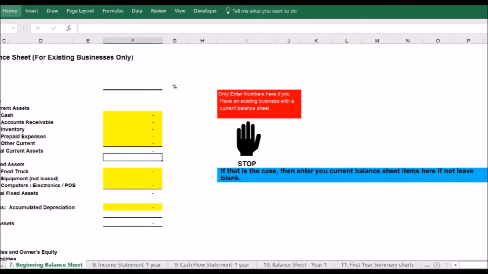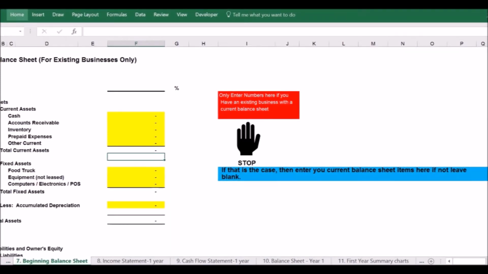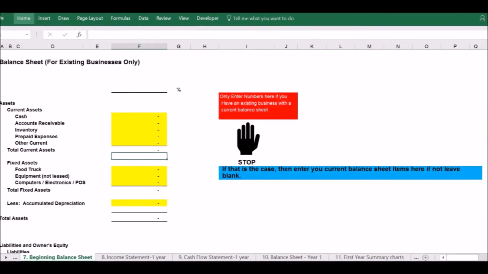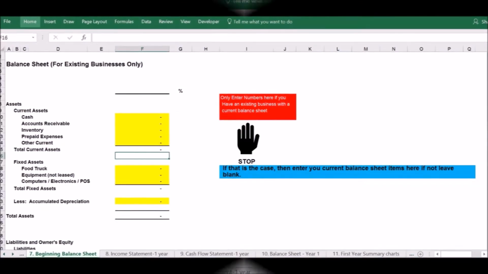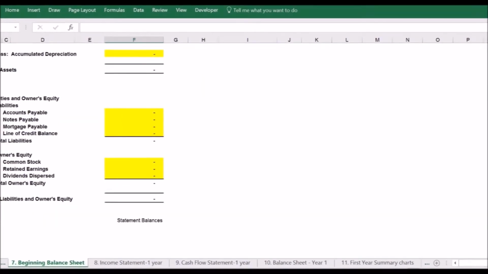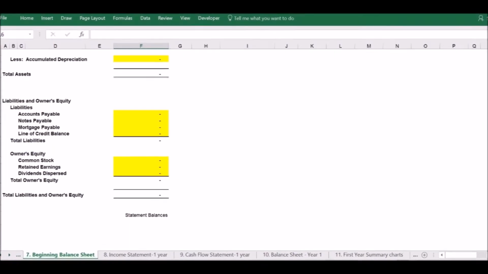If you have already started your business operations and have a current balance sheet listing the assets and liabilities of your business, you will want to enter that information here. In our sample here, we are assuming a startup, so this sheet has zeros and is blank. The next tab